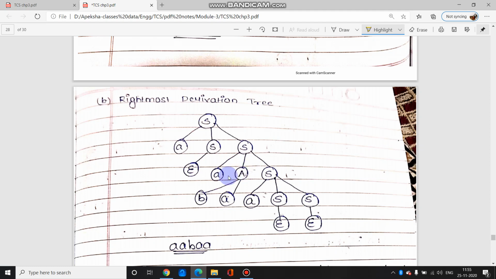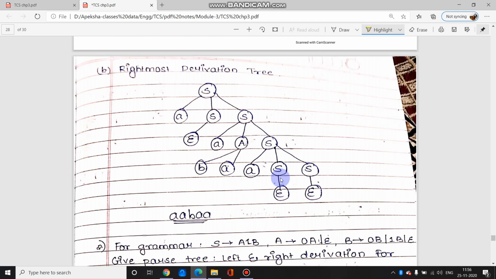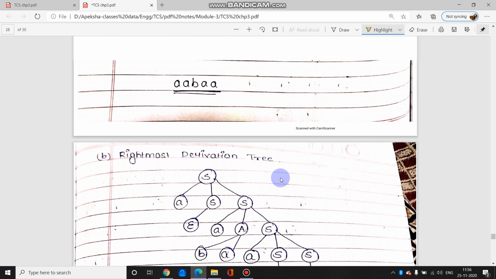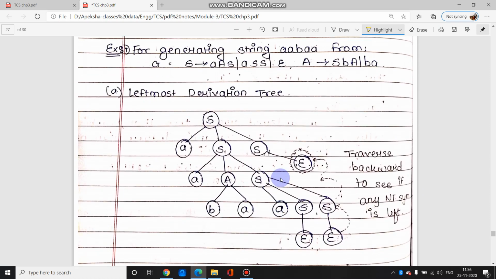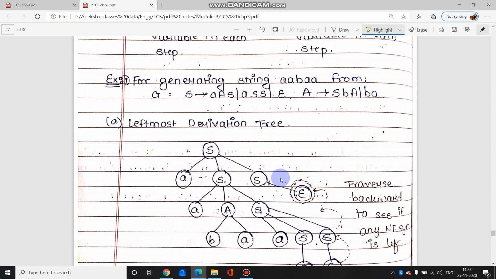देन A हो गया. अभी B चाहिए तो A के जगह पे BA. यूजिंग दैट प्रोडक्शन रूल वी आर गेटिंग BA. सो इफ यू सी वी आर गेटिंग A, BA. अगेन S के जगह पे A, S. राइट मोस्ट डेरिवेशन है. So A, S लेना चाहिए. Epsilon and epsilon over here. So again this is the simplest rightmost derivation tree. So this is how you can derive a derivation tree. यानी sentential form में भी कर सकते हो आप और ये form में भी कर सकते हो आप. If any doubts please let me know.